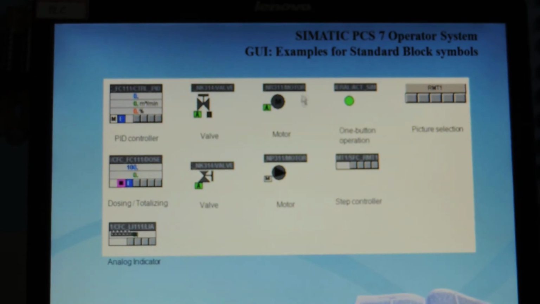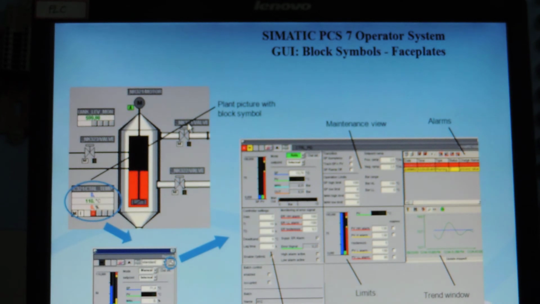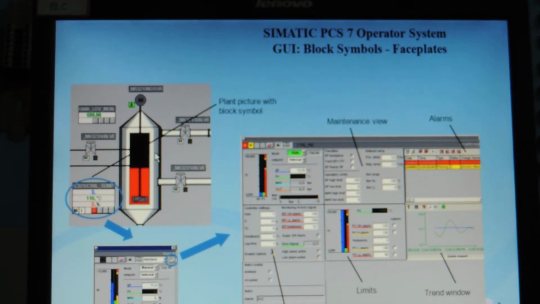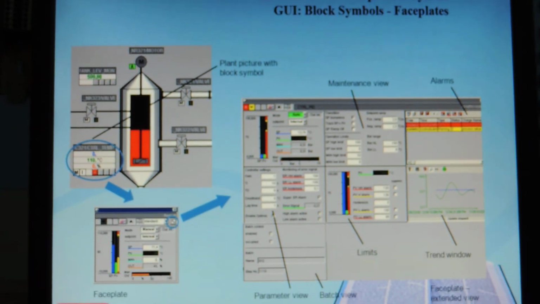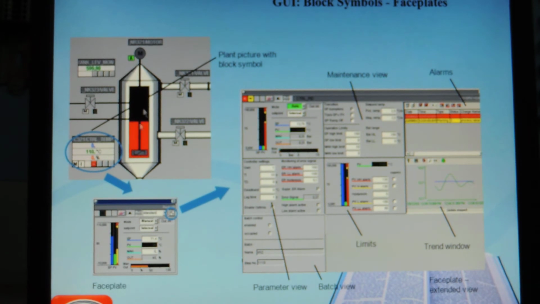Now these are also standard block symbols. See, valve symbol like this. And this is a simple example of tank filling, and in this tank we are mixing two different types of chemicals.